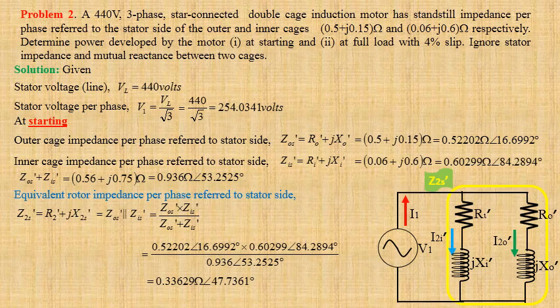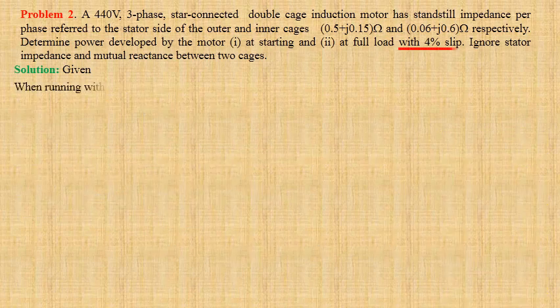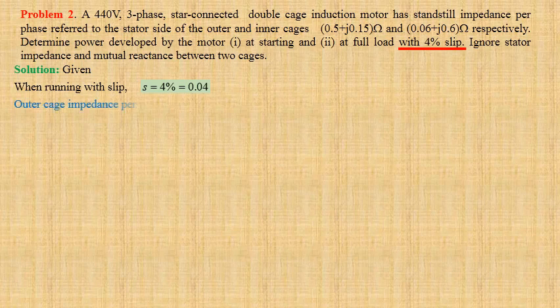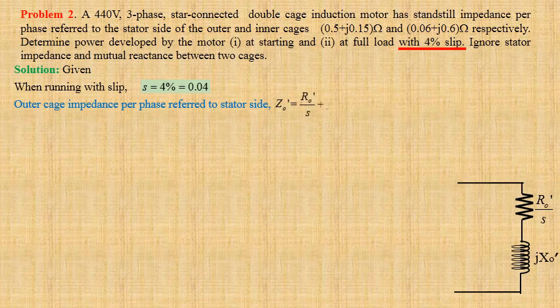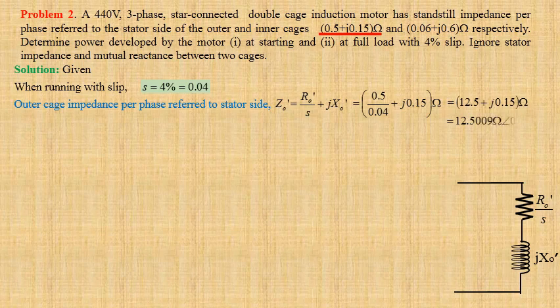When running with slip S equals 4% or 0.04, outer cage impedance per phase referred to stator side Z0' equals R0' by S plus jX0', that is equal to 0.5 by 0.04 plus j0.15 ohm. That gives us 12.5 plus j0.15 ohm. This may be written in polar form as 12.5009 ohm at an angle